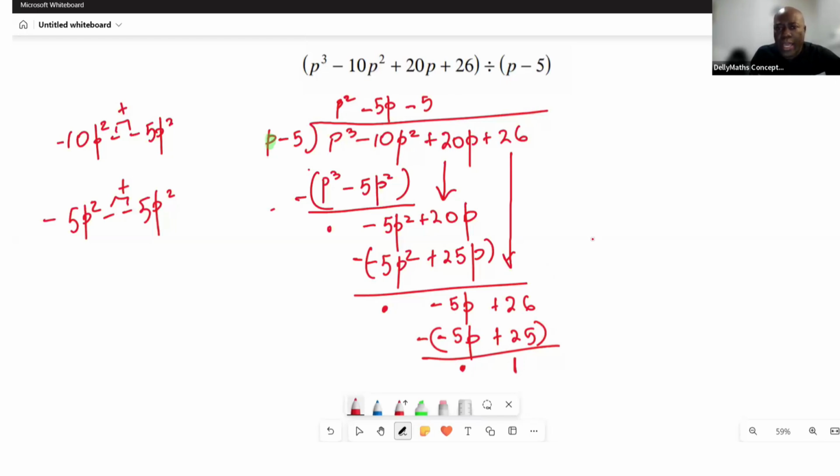So basically what we actually have, when we divide, is p squared minus 5p minus 5, and a remainder of 1. So it's plus 1 over our divisor, which is p minus